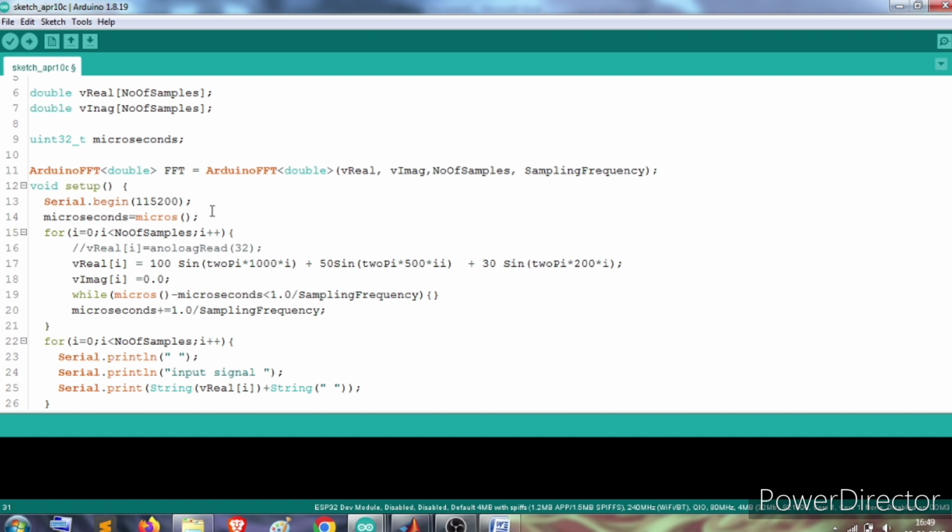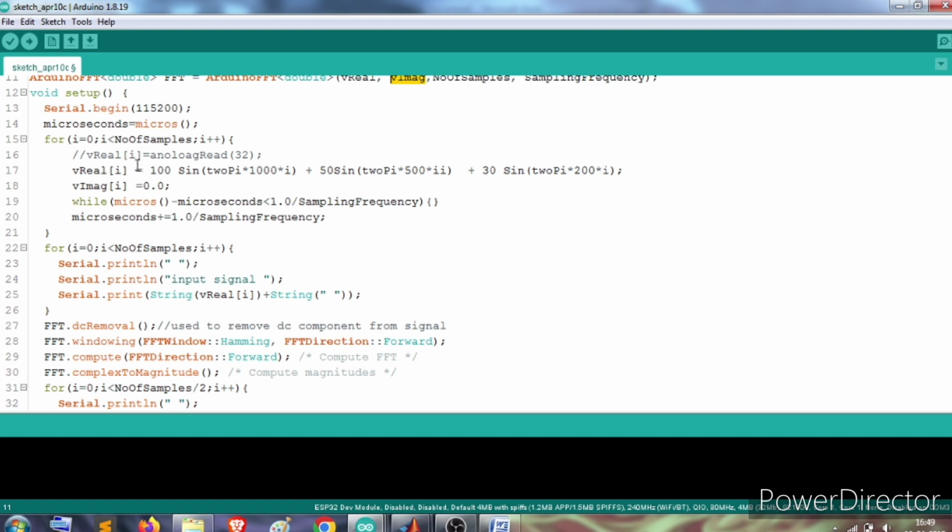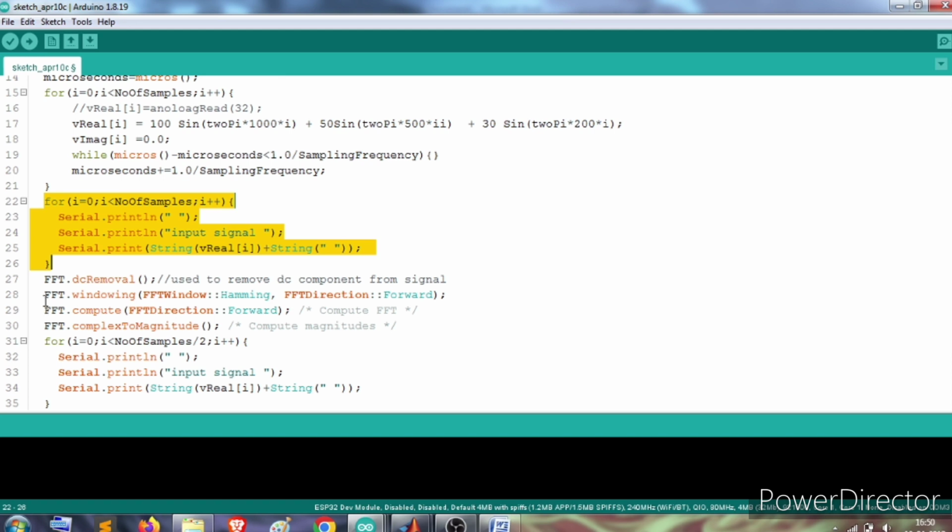In the starting of the code we have created this object, right? In this object we are giving the parameters vReal and vImaginary. So we have assigned the signal to the vReal value, and we are printing those vReal values here. After performing the FFT, after performing these functions, the complex magnitude which we have computed will be assigned to vReal. So the vReal values which we are getting now here are different from the vReal values which we are getting here,